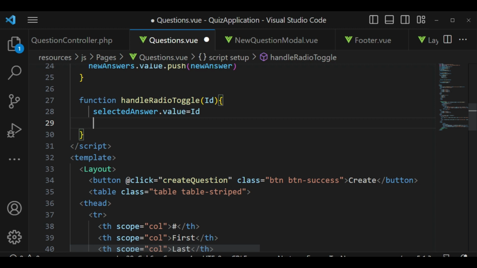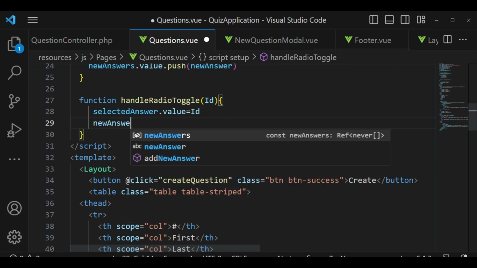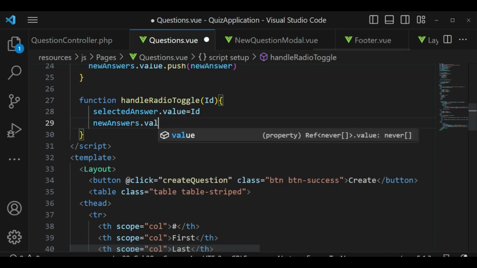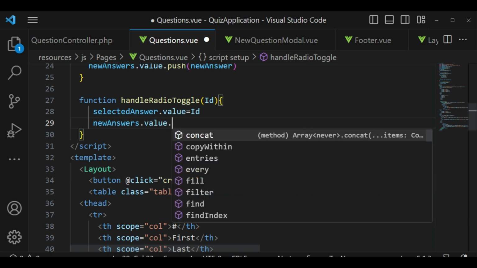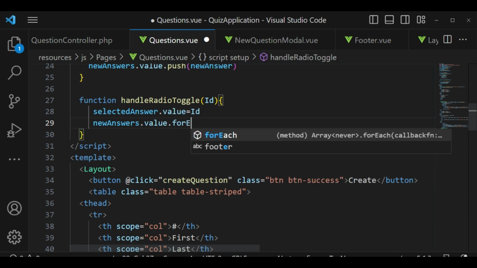So in this case, I'm going to check new answers dot value, and we will loop through all the new answers for each answer,